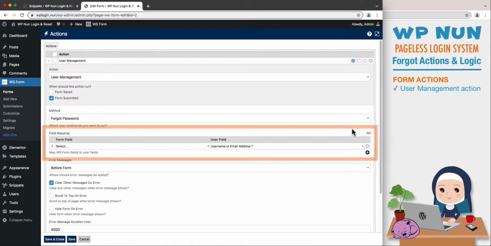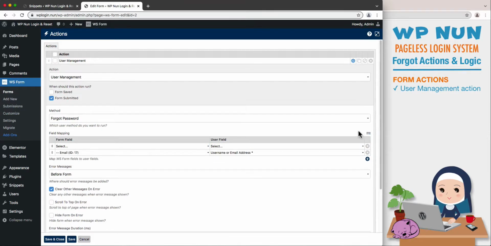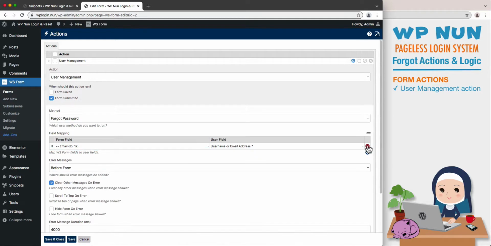In the field mapping section, we need to remap the email field in the left column to correspond with the username or email address on the right. Click on the double arrow icon to map the field automatically. Once the email field is mapped correctly, let's remove the first unsigned mapping row, save the action and close.